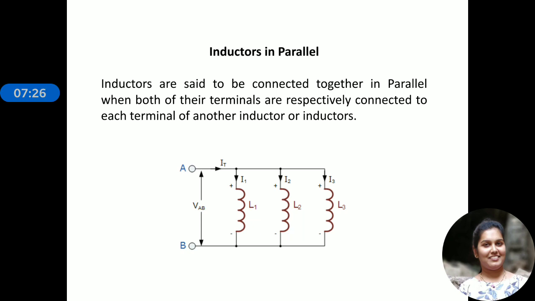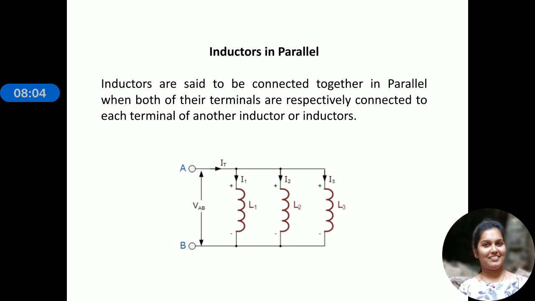and in continuation of the previous video we'll discuss inductors connected in parallel. Why I am repeating all these terms is, when you recollect all those points, you can easily understand the points from this video. That is why I was trying to put all the points we discussed in the previous video together in this video. Okay, now with the knowledge of the previous videos and also what I have summarized just now, we'll try to discuss the points related to inductors when connected in parallel.